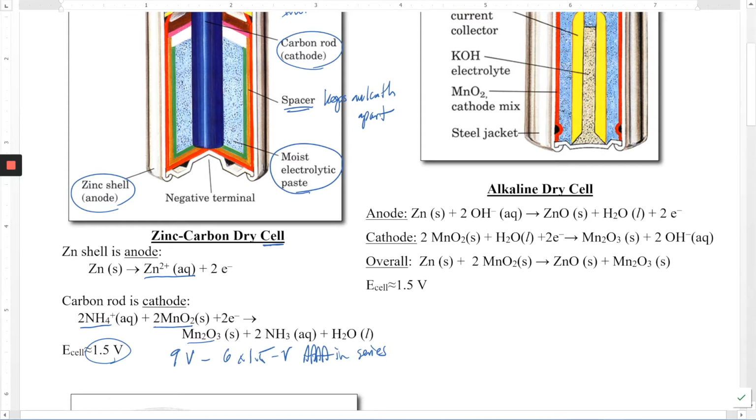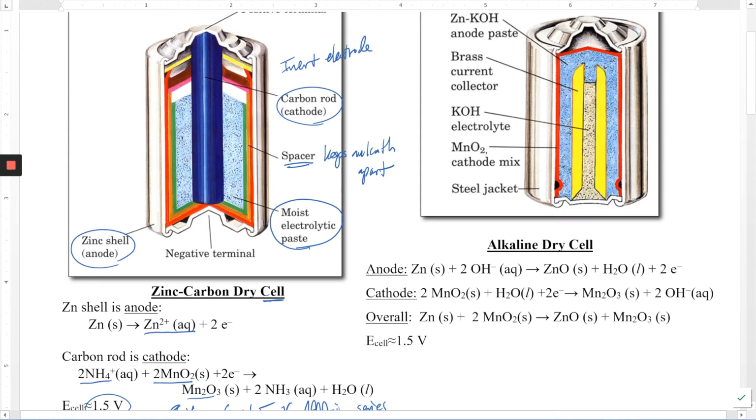cells in series. Now, this cell has one particular problem, and that is, if you notice, the zinc shell, the anode, is used up in the reaction. And eventually that zinc shell can corrode away and develop holes. And so this cell was improved on by going to what's more common these days, the alkaline dry cell,